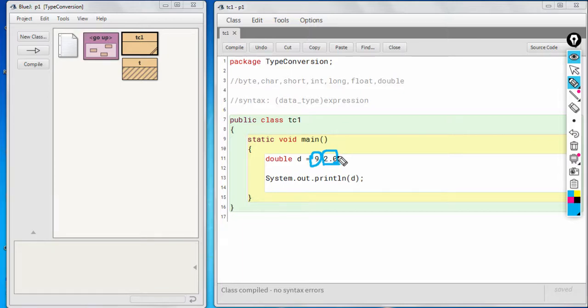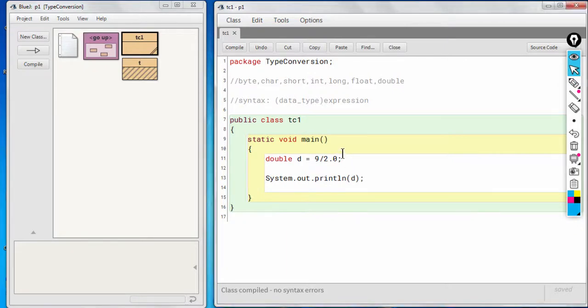Since the largest data type between these two operands is double type, therefore all the operands will be converted into double, okay. So 2.0 is already a double and 9 will also be converted into double, and now the answer should be of double type because it's double divided by double, okay. So this is one way of doing it, okay.